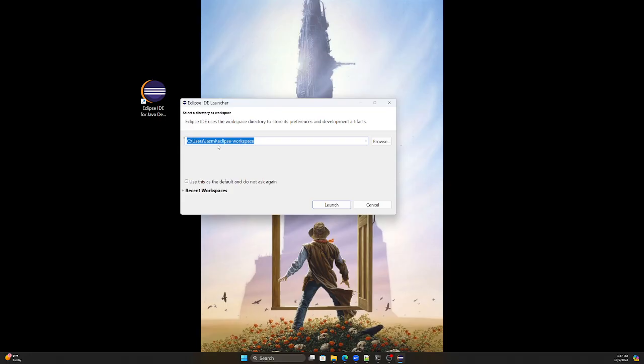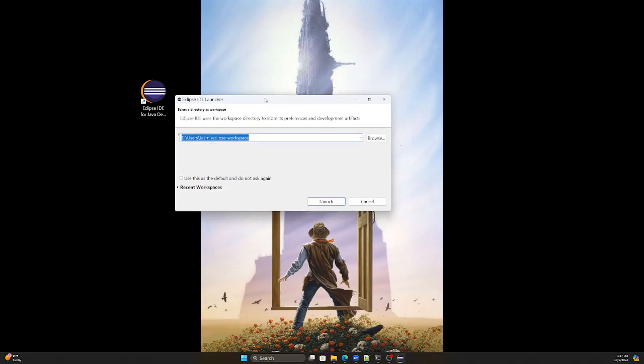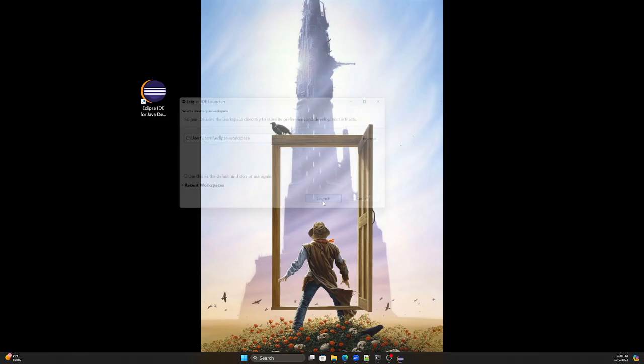This is going to be the path in which all your files will be stored for Eclipse. So typically you want to keep it the same. You could click this box to say the files will always go in here, but just know that that's what it means. If you ever need to find them in your system, you'll follow this path. So just go ahead and leave that be, click on launch,